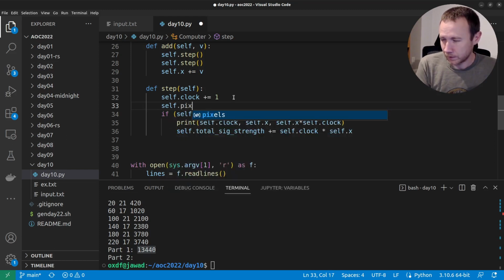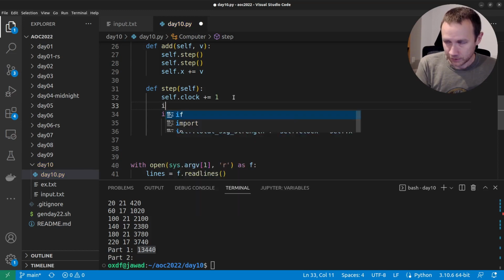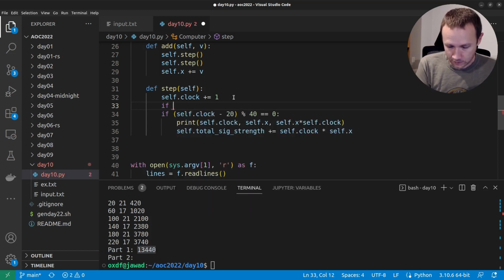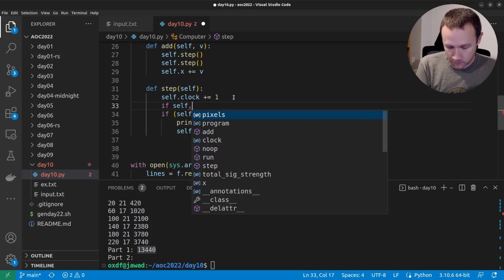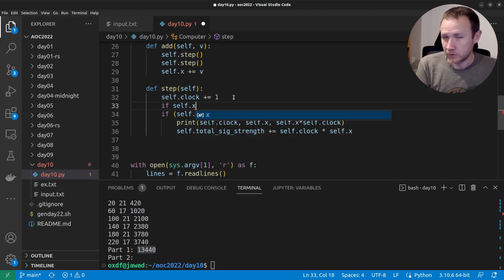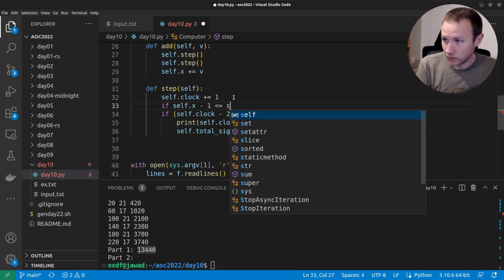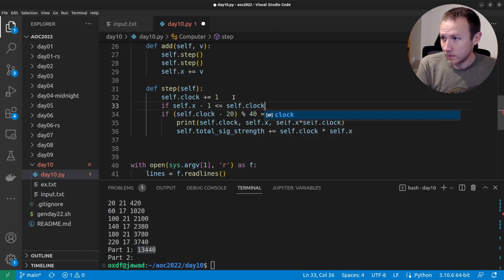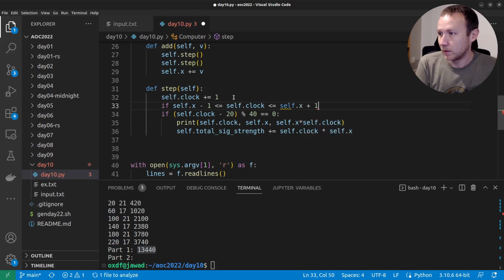And now we will say self.pixels. So let's see, if self.x, that's our position, minus 1 is less than or equal to self.clock, less than or equal to self.x plus 1. So basically, if the clock is within our x range,